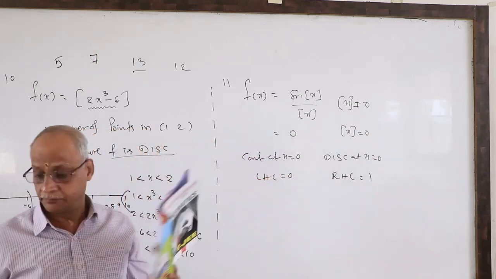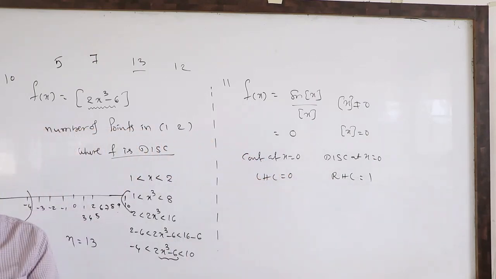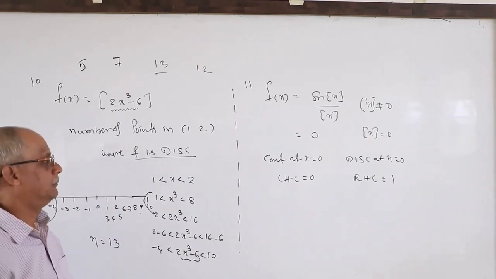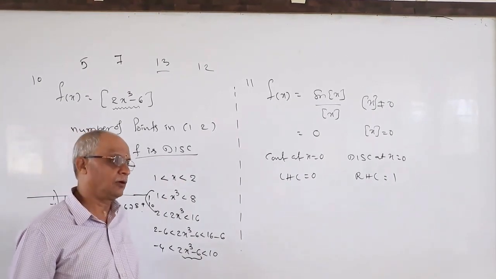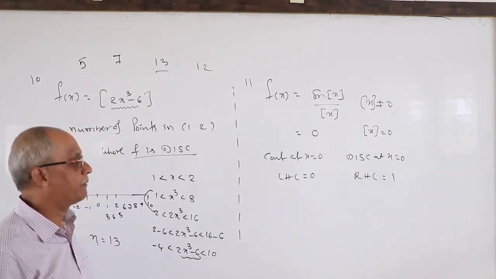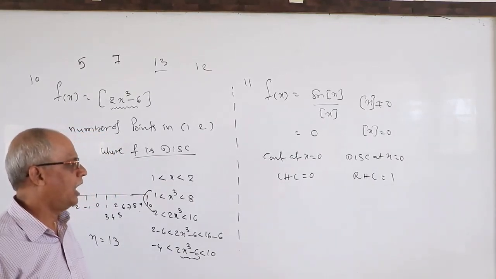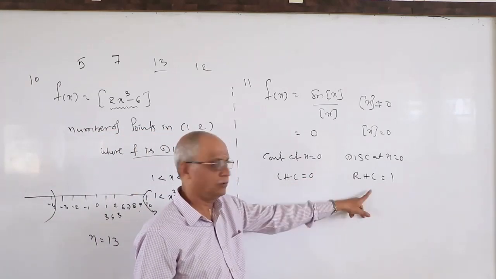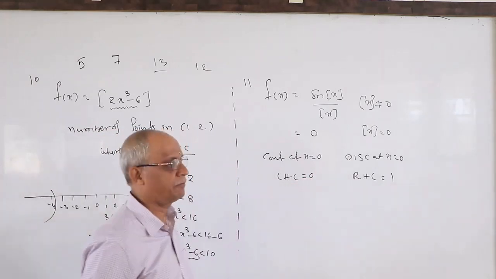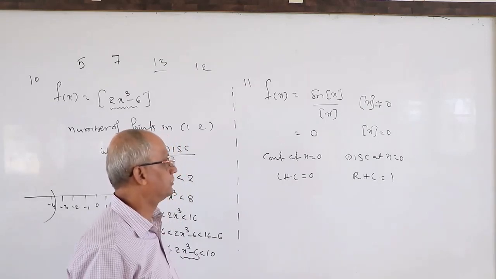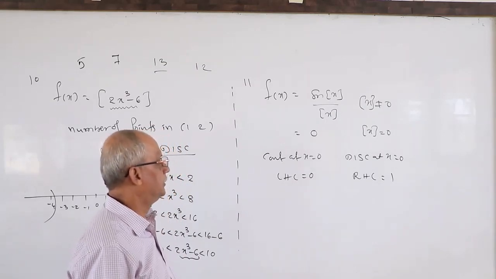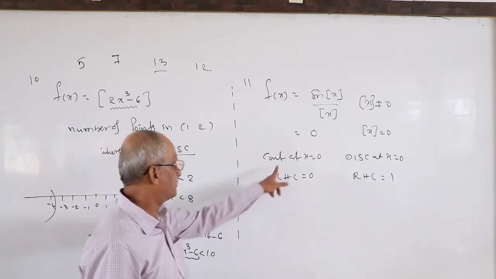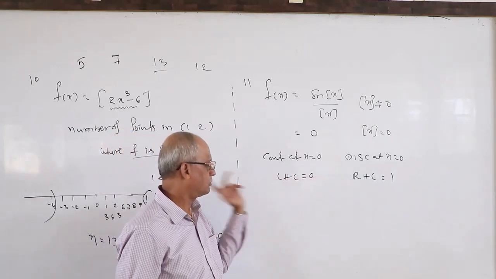That is our problem. This problem I will discuss again in the next chapter. Remember, the options are different, but this problem is important. In the actual problem, the options are changed according to the chapter: continuous, differentiable, not differentiable, differentiable at 1, like that. Since that chapter we will discuss next, as per the options here, we have to start our solution.